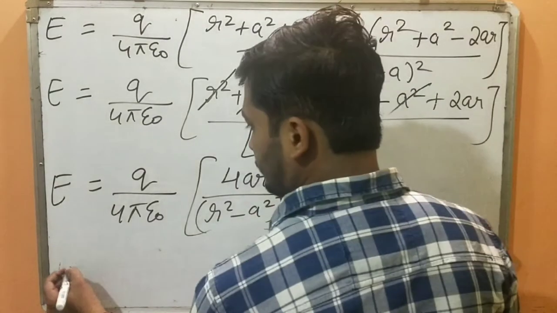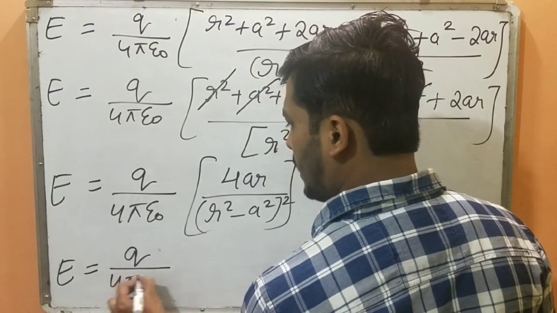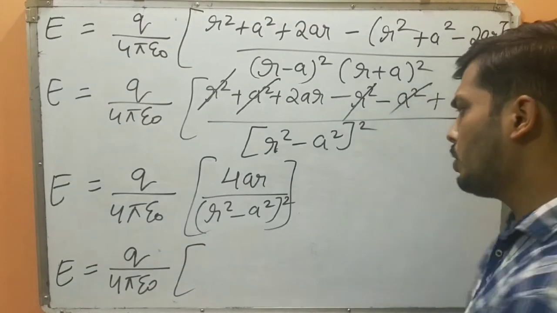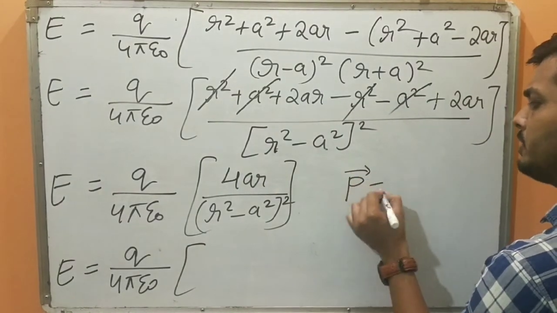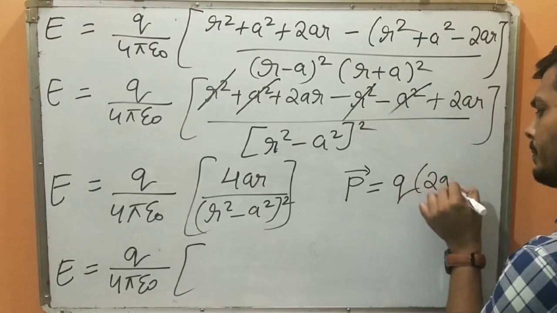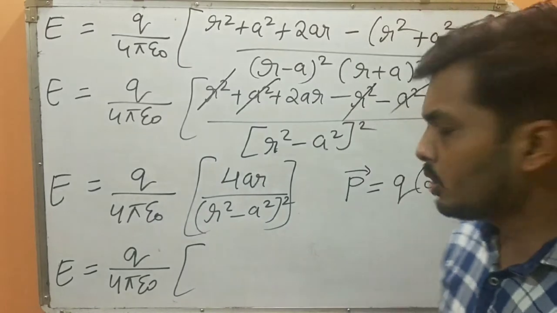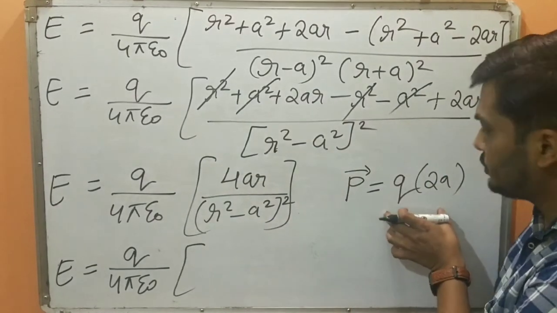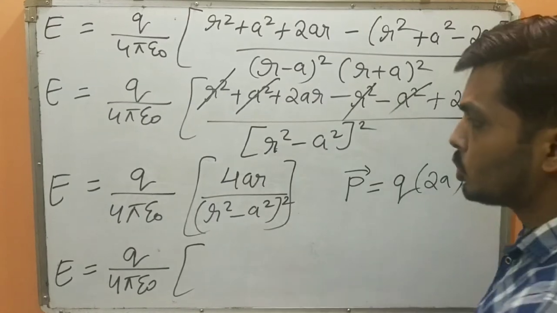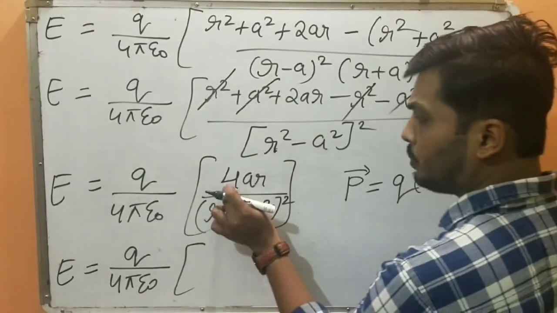Now students, see here, that's what I was trying to tell you, q 4 pi epsilon naught. So if you remember, I had told you dipole. What is dipole? Dipole is denoted by P, and P is nothing but the product of one of the charges and the distance between them. Whether that distance can be 2a, 2d, 2l, whatever. The labelings are not important here. That is your consideration. So dipole is what? P equals to q2a. So here q is there, a is there, 2 is not there. What you are going to do? You are going to split this 4 here.